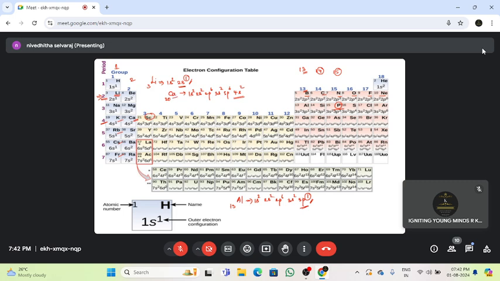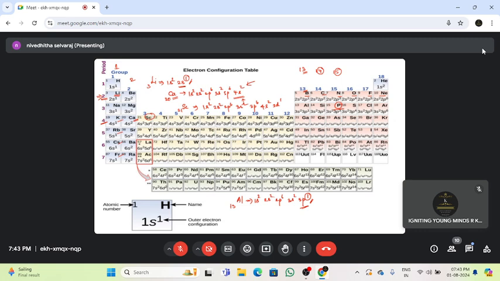Let us take calcium. Calcium's last electron is this one and this last electron is getting entered into S subshell. So calcium will come under S block element. Let us take scandium. Scandium's atomic number is 21 and its electronic configuration is 1s2, 2s2, 2p6, 3s2, 3p6, 4s2 and 3d1. Now tell me, scandium will come under which block element? D block element. D block element, as simple as that. Okay. Now we understood what is the physical significance of period number, group number, and how this periodic table is